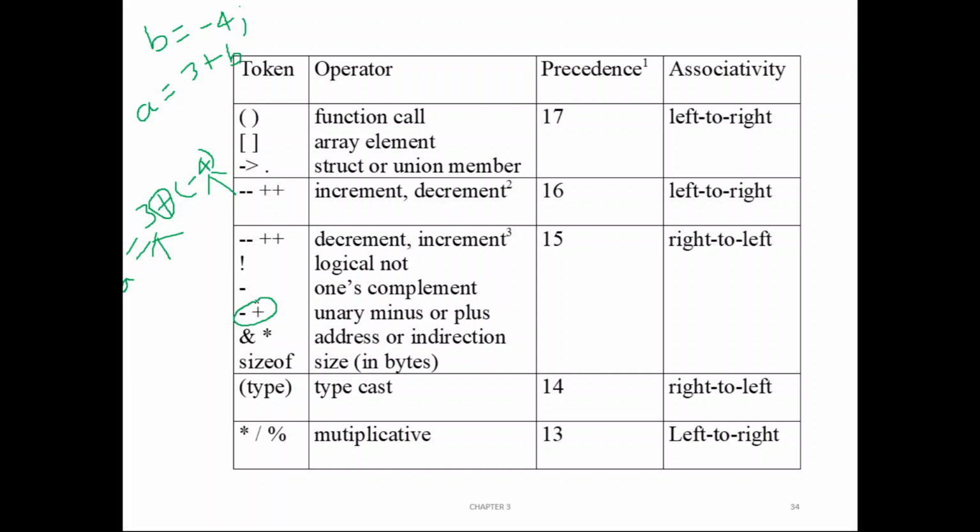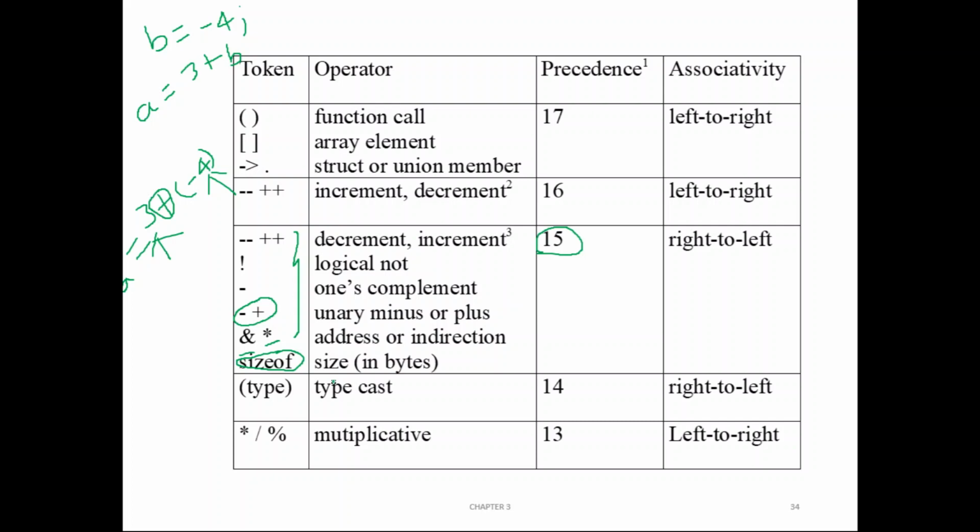And then star and ampersand, which are used with pointers, the address and indirection operators, and then sizeof is also an operator. So in malloc and calloc we are using sizeof. Okay, so all these take the third level of priority with a value of 15. If an expression contains more than one of these operators, then they will be executed in the order of right to left.